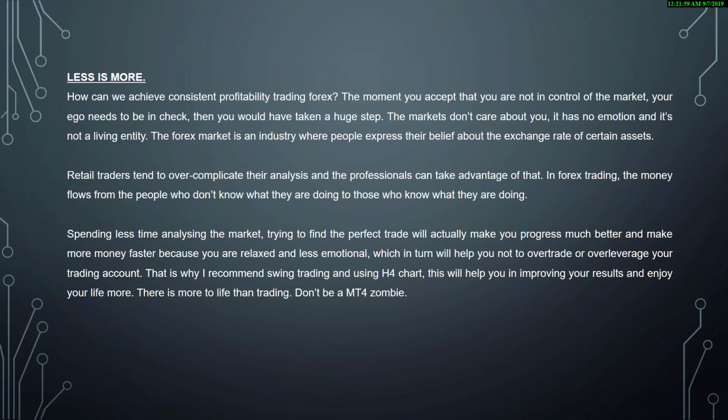Retail traders tend to overcomplicate their analysis, and the professionals can take advantage of that. In Forex trading, the money flows from the people who don't know what they are doing to those who know what they are doing. Spending less time analyzing the market, trying to find the perfect trade, will actually make you progress much better and make more money faster, because you are relaxed and less emotional, which in turn will help you not to overtrade or over leverage your